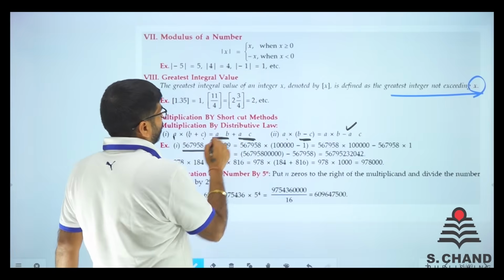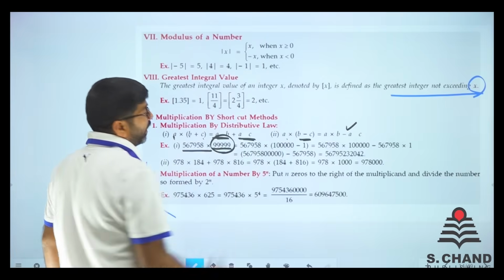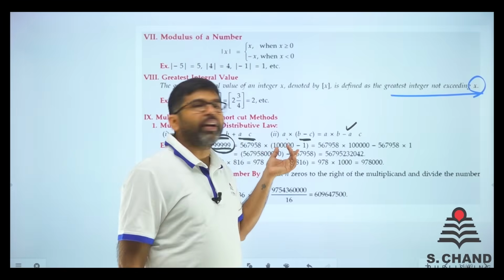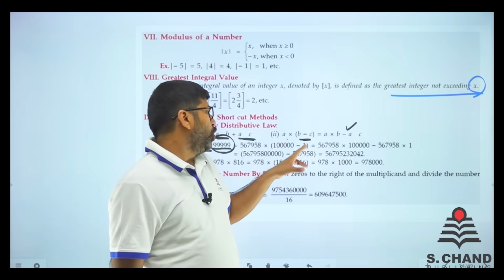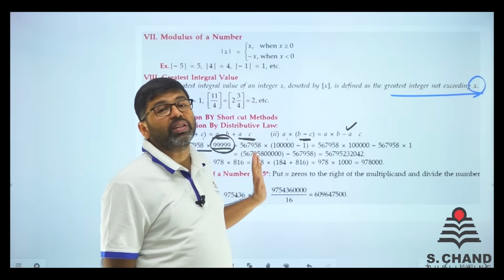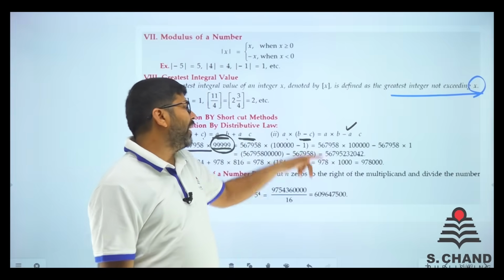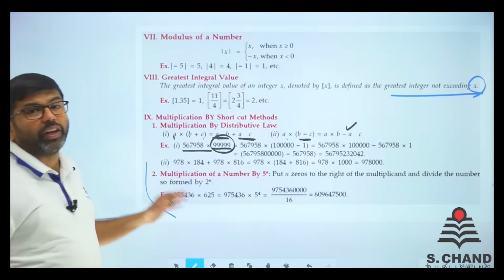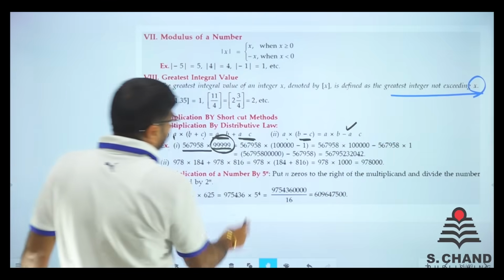Say for example this one. So it is like 99999, so that is 5 nines are there. 5 nines can be written as 1 with 5 zeros minus 1. So what you will do is, multiplication with this is very easy, because you just need to put all the zeros, minus this, so it will be easier for you to calculate. So this is the way you need to do. And the other concept I must tell you,